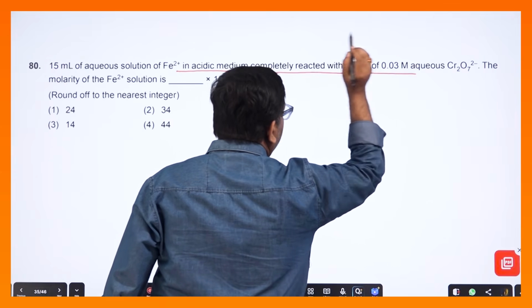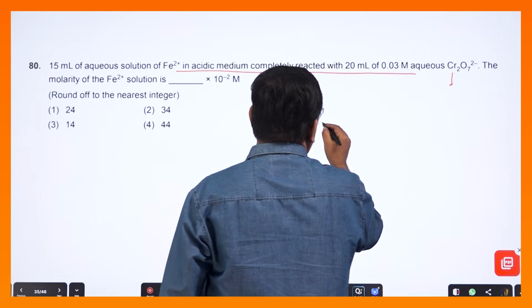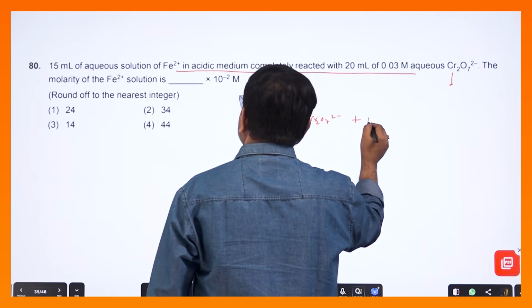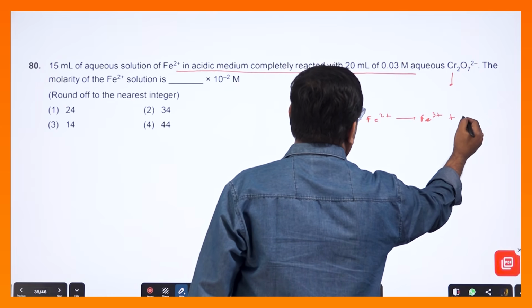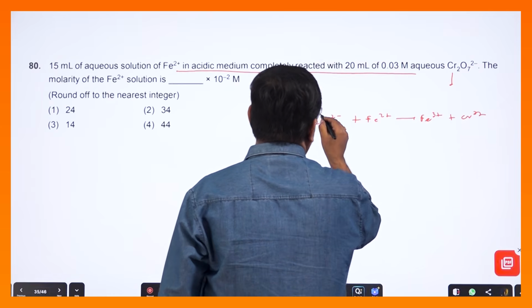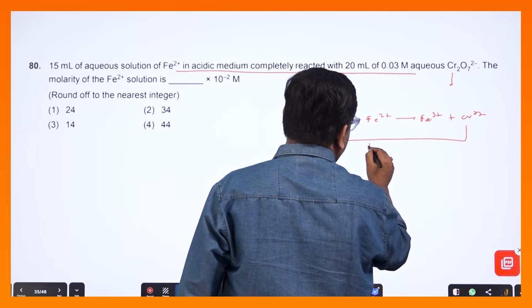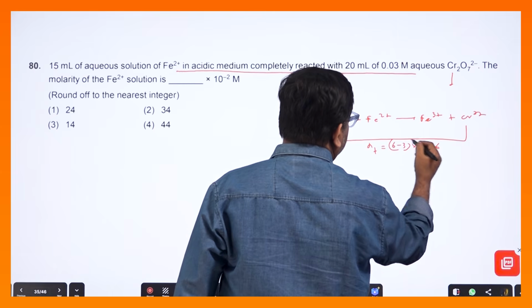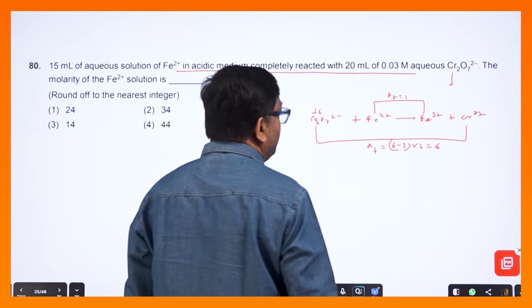নেক্সট কোশ্চেনে আসছি। 15 ml of aqueous solution of Fe2+ in acidic medium completely reacts with 20 ml of 0.03 molar K2Cr2O7, একদম বেসিক। এখানে Cr2O7 2- এর n-ফ্যাক্টর কত হবে, 6 হবে। Cr2O7 2- এর সাথে Fe2+ রিঅ্যাকশন করে ফর্ম হয় Fe3+ আর Cr3+। Cr প্লাস 6 ছিল, প্লাস 3 তে গেছে, তাহলে n-ফ্যাক্টর হবে (6 মাইনাস 3) ইনটু 2, দ্যাট ইজ 6, আর Fe এর প্লাস 2 থেকে n-ফ্যাক্টর হচ্ছে 1।